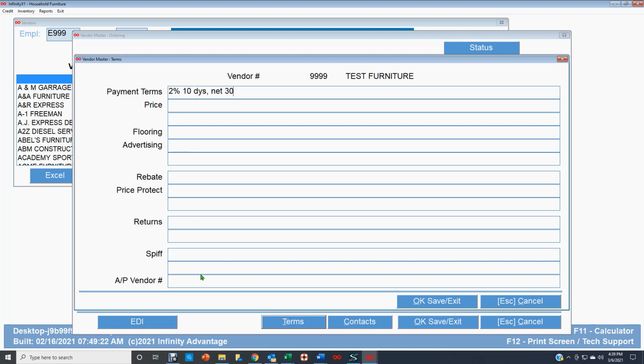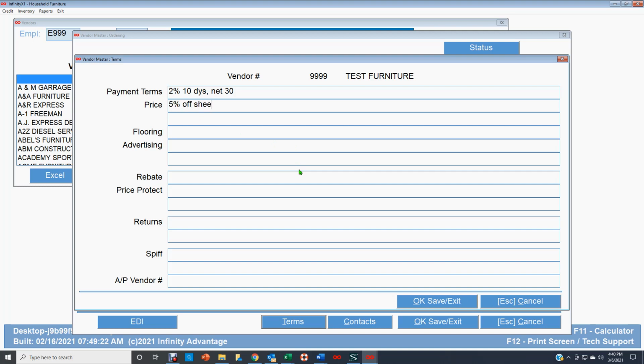And all this, you don't have to fill this out, but it's a good place to have good information on this vendor in case the buyer is not there and somebody else has to do the ordering or work with the vendor, or if the buyer leaves and you hire somebody else, all the information on that vendor is in one place. So price means that you get from this vendor 5%